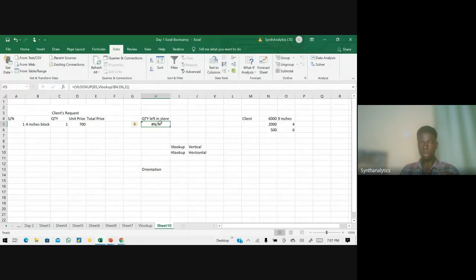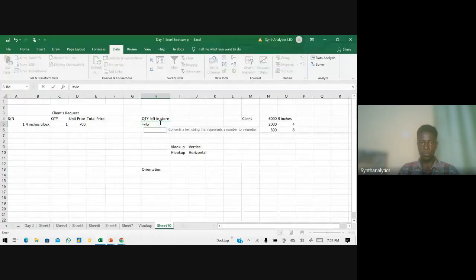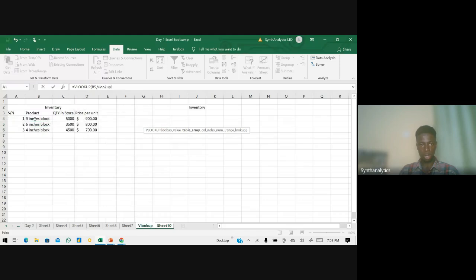I'm not done with my formula. Don't be too fast. Equals VLOOKUP. Look up for whatever is here. Look for it on this table. Then I'm returning column 2. And then exact match. If you have, let us assume you have beans, if you type BEAN, it will pick it because it is approximate, it picks something very close to it. But when you click on false, it will only give you exact match. In fact, if you miss just a full stop, it will return an error message.